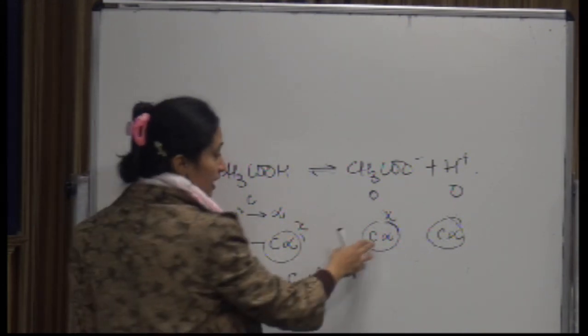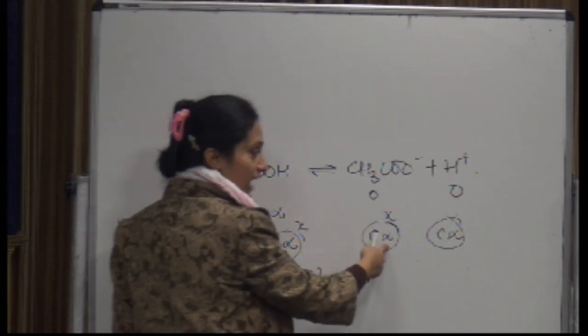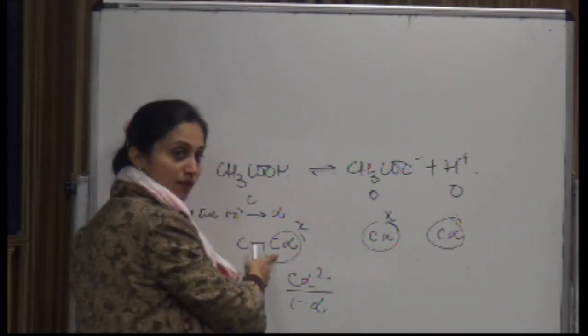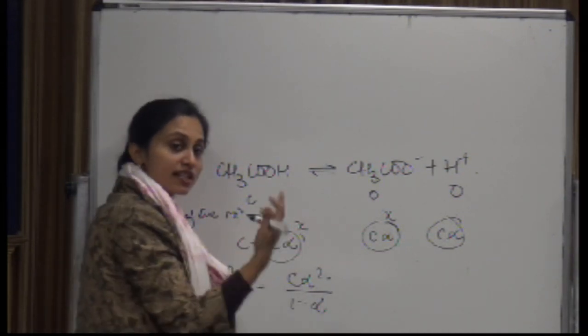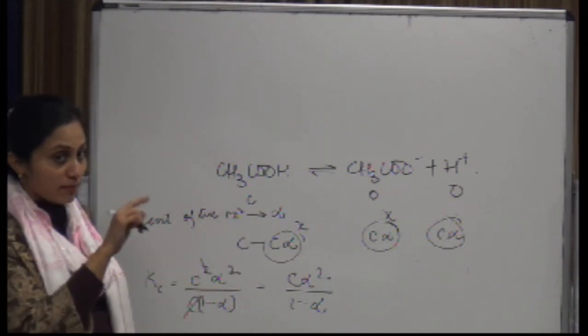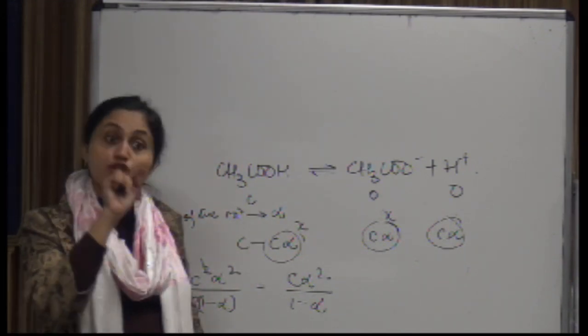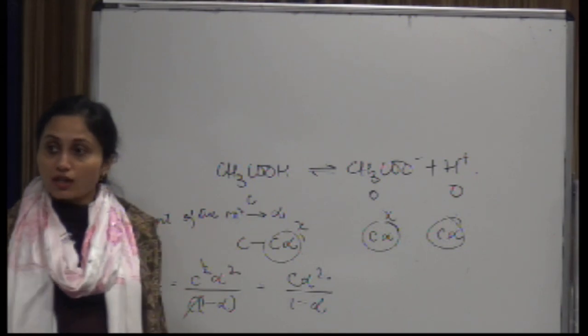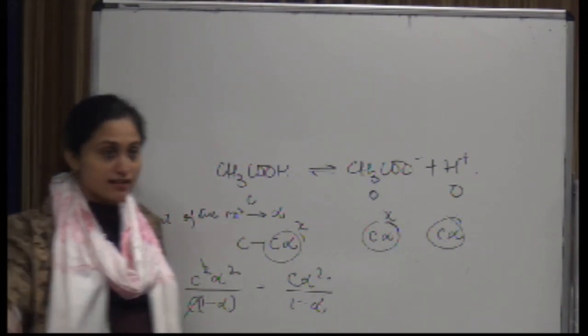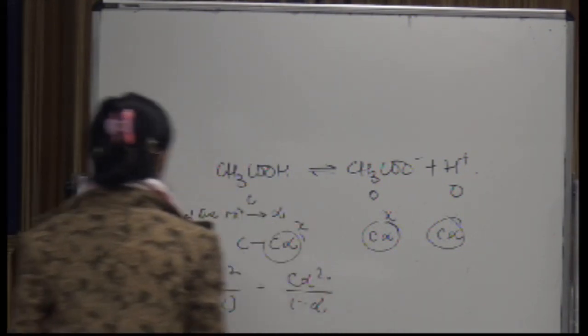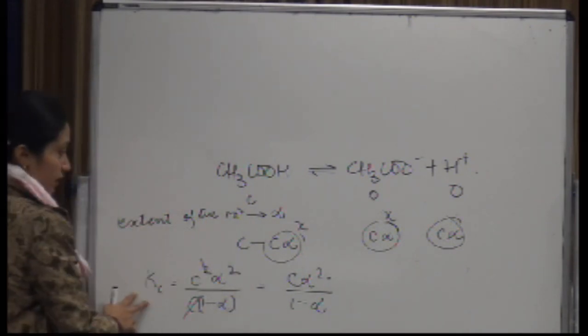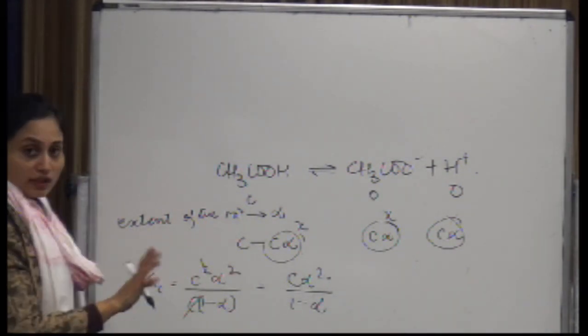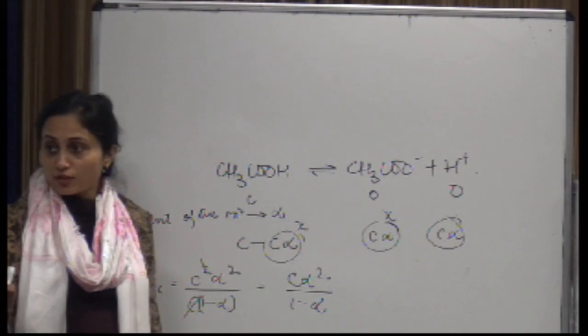Here, had I taken only alpha and alpha, then I would have done only C minus alpha. Just as you corrected me when I was writing C minus X and told me it has to be C minus 2X, that goes according to the stoichiometry of the balanced equation. So till here it was clear? We have already understood how to balance our reactions and how to write down